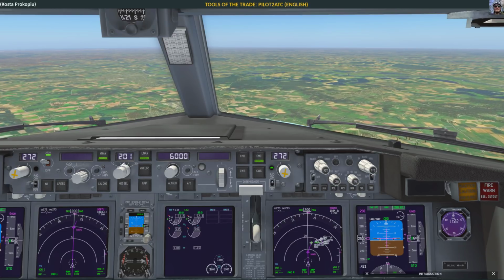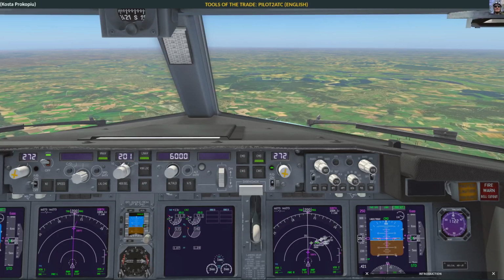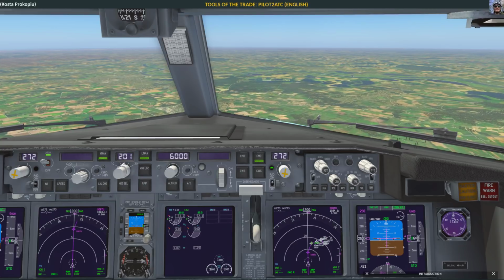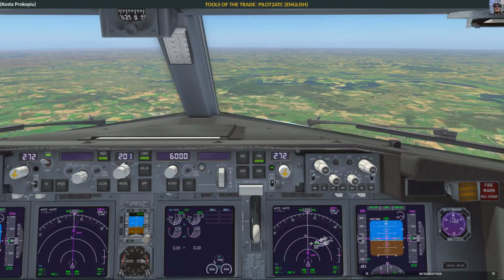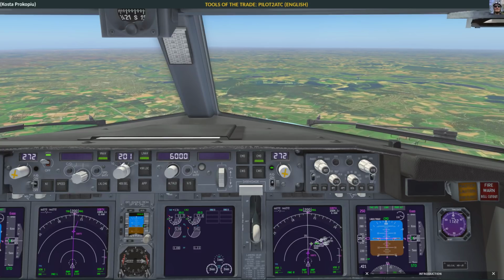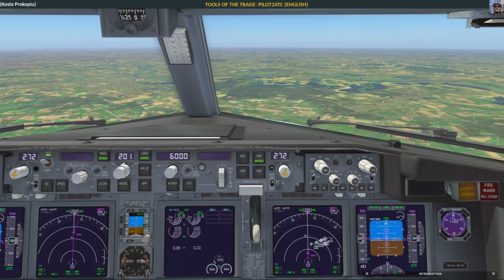I have to say though that the other ATC programs didn't really work very well on this route. It was too close, so they didn't get it right with all the approaches and stuff. So far,